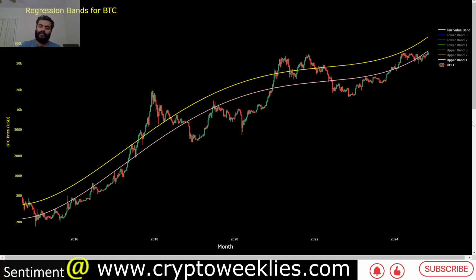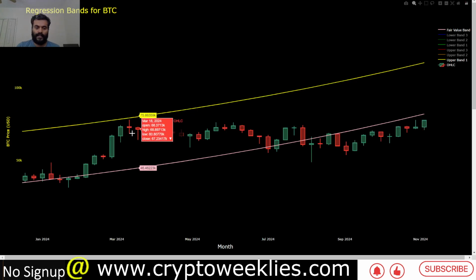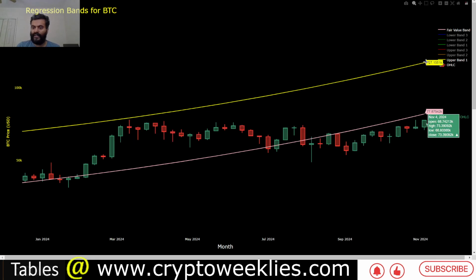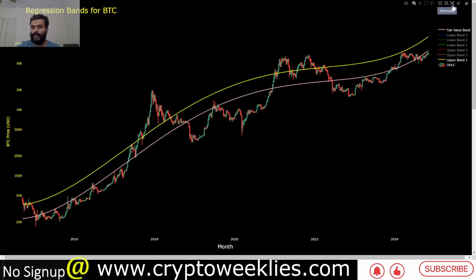In terms of what could be considered a 1 standard deviation ceiling, if you were to analyze Bitcoin in a non-euphoria bull case like Bitcoin witnessed in early to mid March of 2024, that 1 standard deviation ceiling back then was at around 75k. Prices did go as close to the 1 standard deviation ceiling, but they didn't breach it. Now that 1 standard deviation ceiling is at around 127,000. So the way to interpret this is a 127,000 Bitcoin would be as overvalued as Bitcoin was at around 75k in early March of 2024. So that's the key level to watch to the upside.